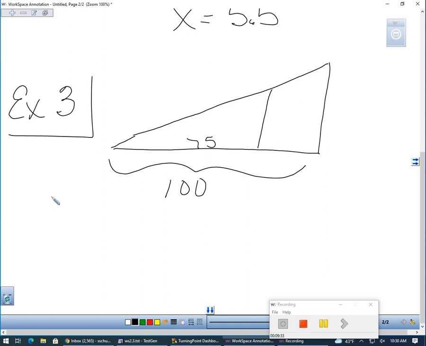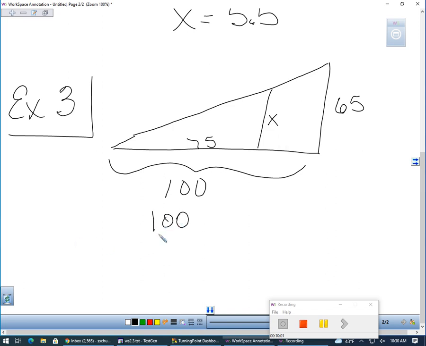And let's call this side 65, and I want to know what this one is. So we have a smaller triangle inside a bigger triangle. But they are similar. They're the same angles, right? Just different sizes. So again, if we're setting up as big over small,